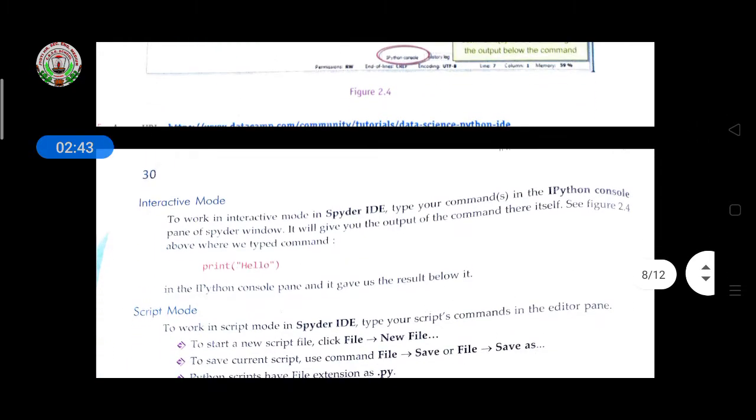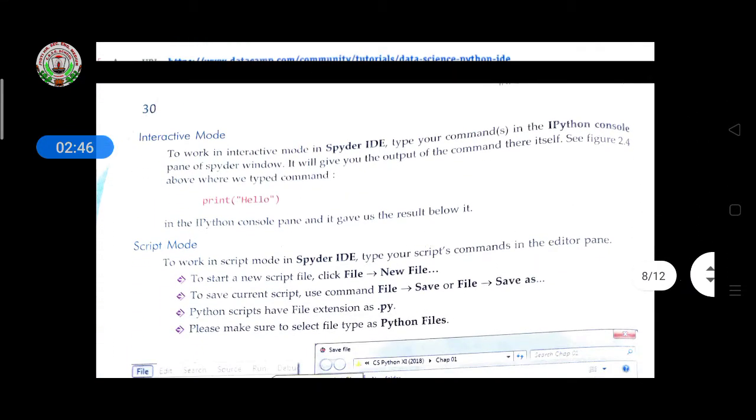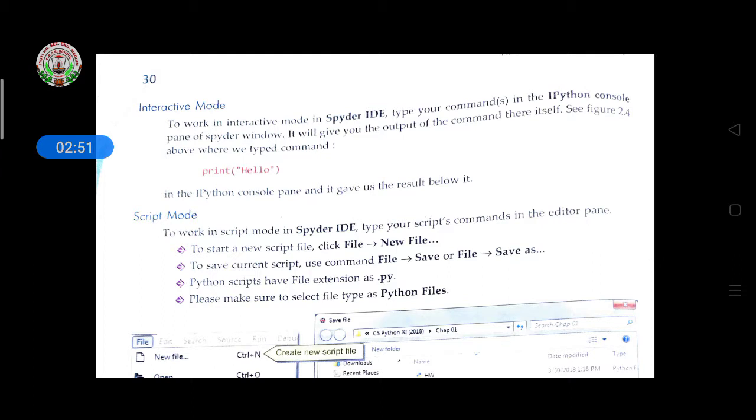Now let's discuss interactive mode. To work in interactive mode in Spyder IDE, type your commands in the IPython console, which is given on the right side. The console pane of the Spyder window will give you the output of the command there itself. As we discussed in the last class, the prompt sign is given there, and in front of this sign we have to give the instructions, and after pressing the Enter key we will get the output.